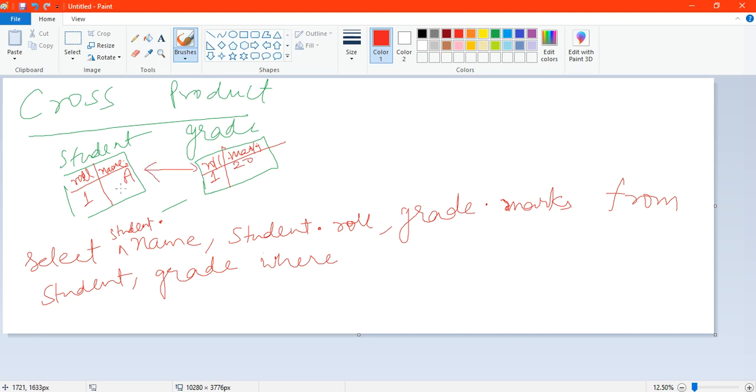If you are searching the name for roll number 1, then you should also print roll number 1's marks only, not another student's. Where student.roll should match grade.roll, meaning the roll column value for the particular record should match in both the tables.